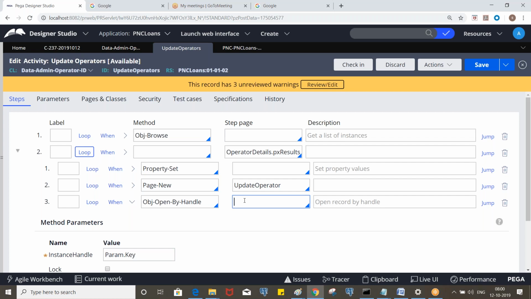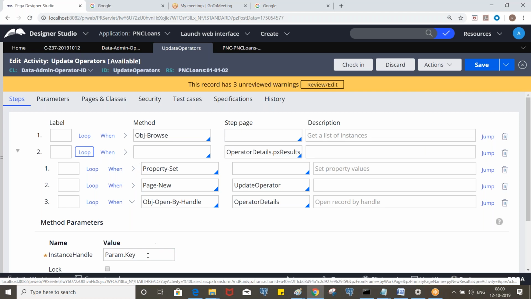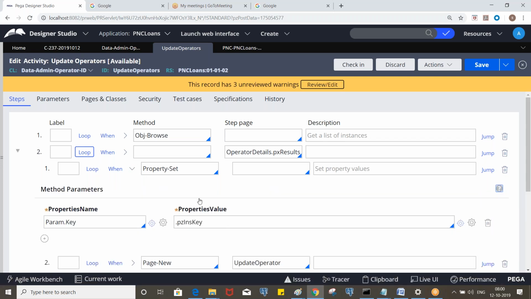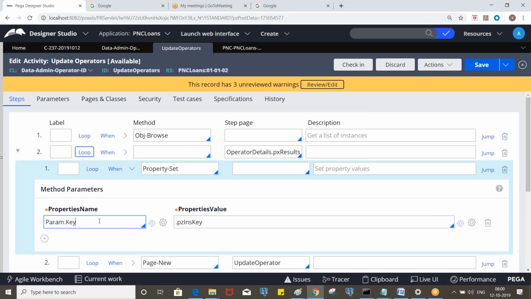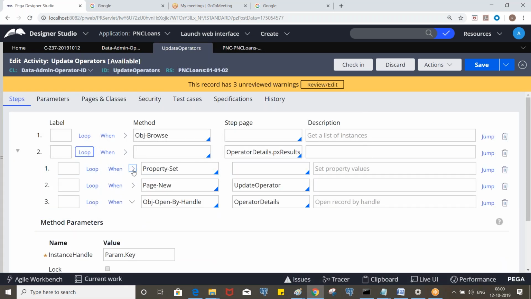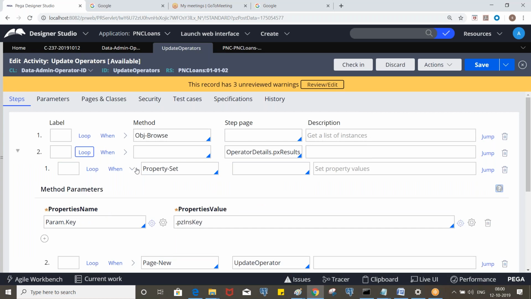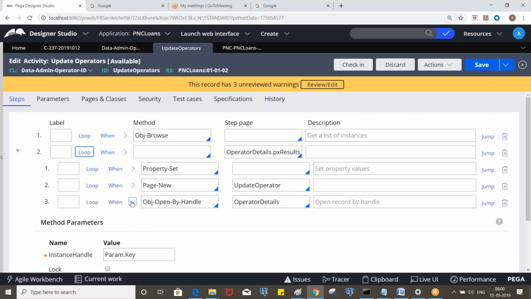Because here you will have a different page. So without capturing it to the param, you have to put something like operator details dot pixels of current. You can put that, but that will be a little complex to understand. So simply, what you can do is just take the pzInsKey, assign it to some parameter, and pass that parameter to the Obj-Open-By-Handle.